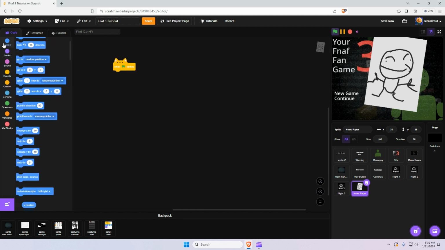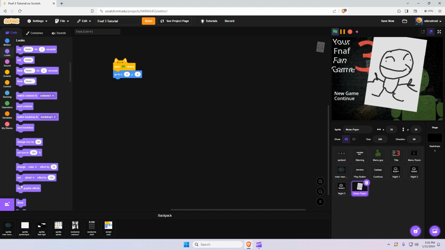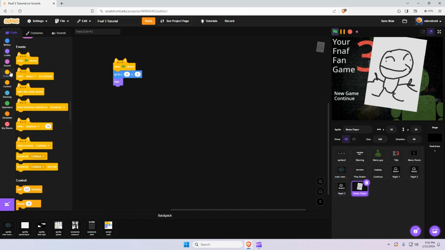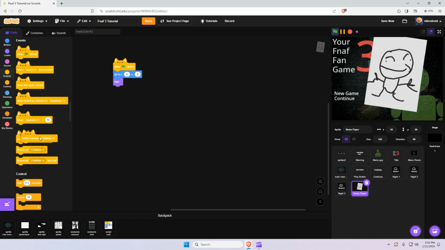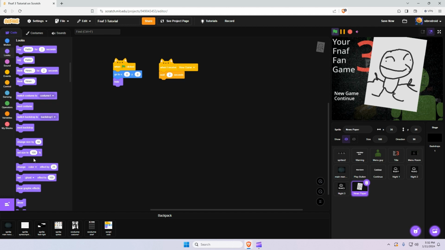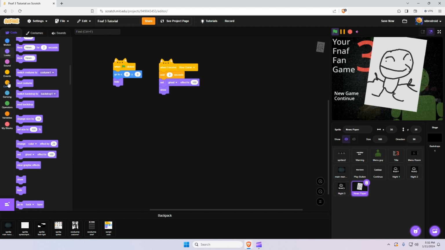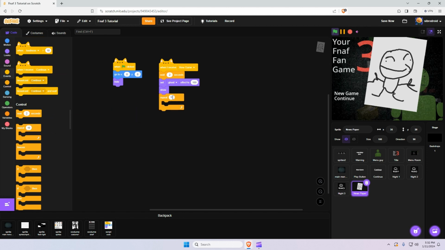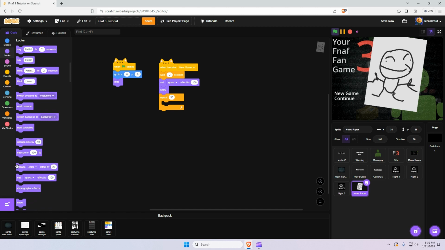For the newspaper, what we're gonna add is when flag is clicked, go to 0, 0, and then hide. Then when I receive new game, wait 2 seconds, set ghost effect to 100, show, repeat 50 times, change ghost effect by -2,